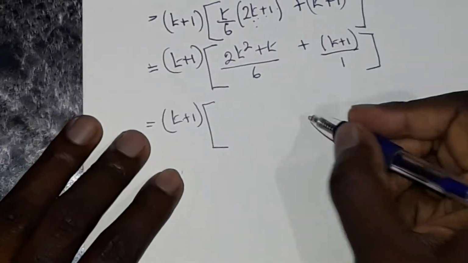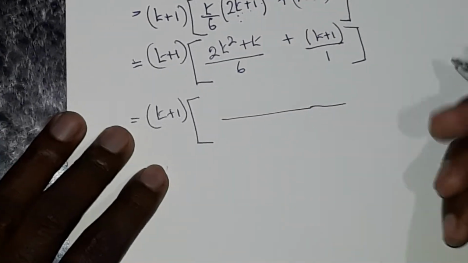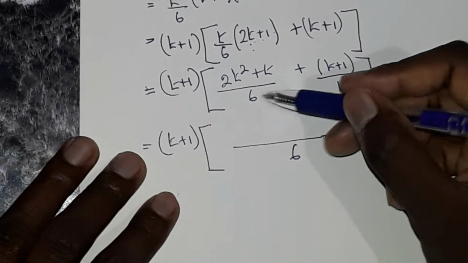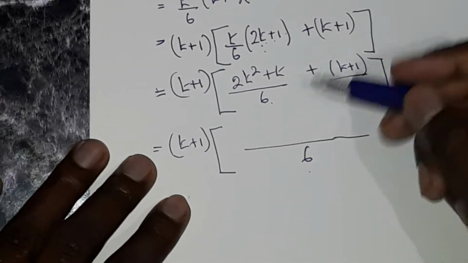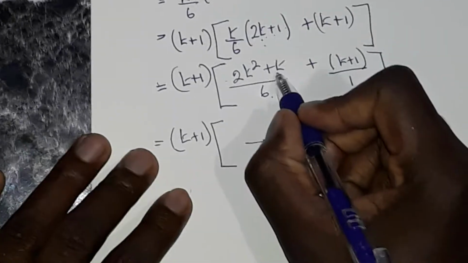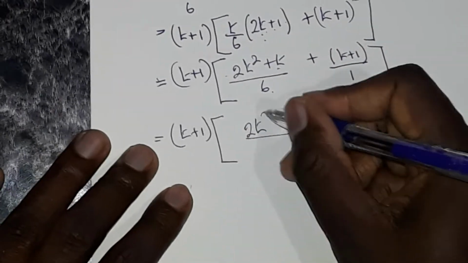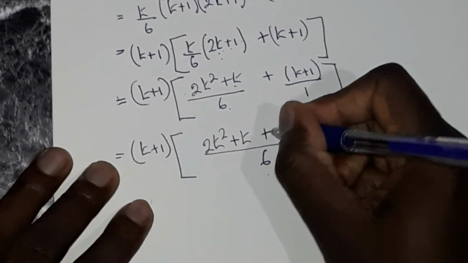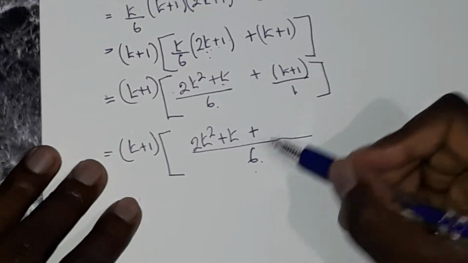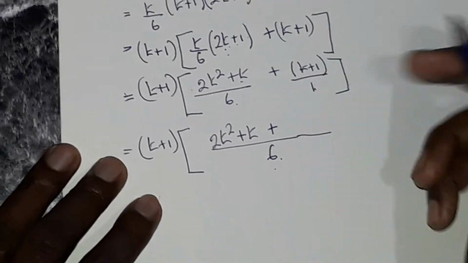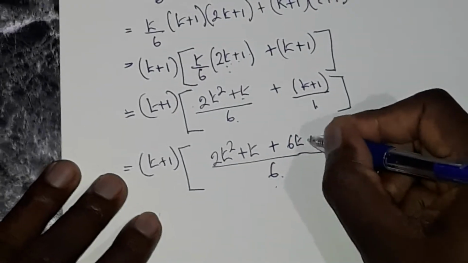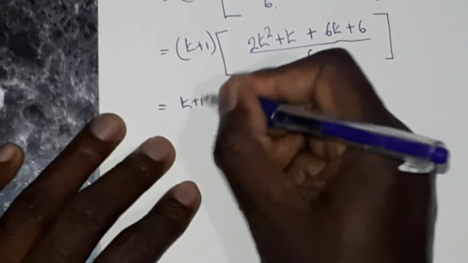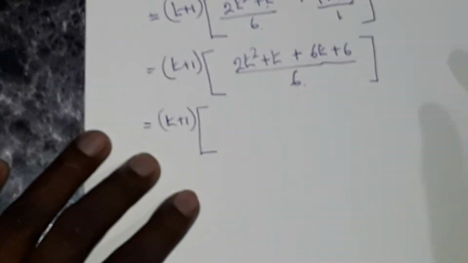Okay, so we're gonna LCM now. This will give us all over 6. So 6 into 6 gives us 1, and 1 times the numerator will give us back the same thing. This 2k squared plus k. Then 1 into 6 is 6, and 6 times the numerator will give us 6k plus 6. So now